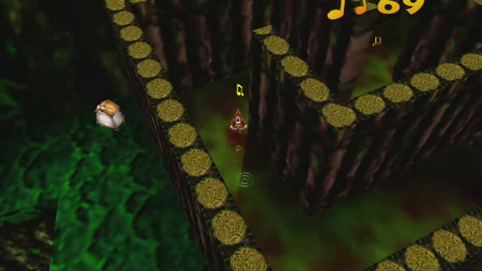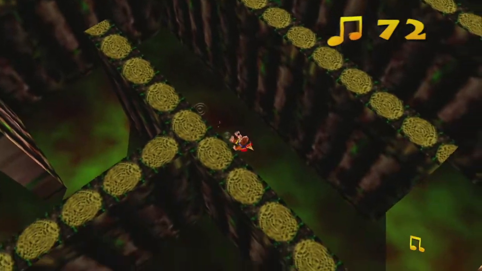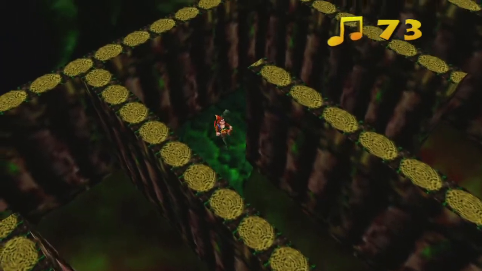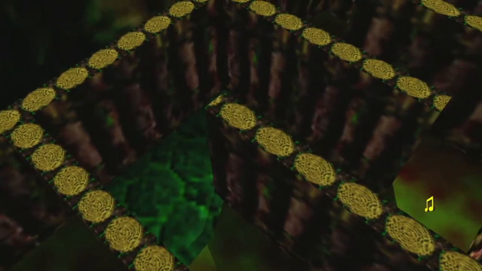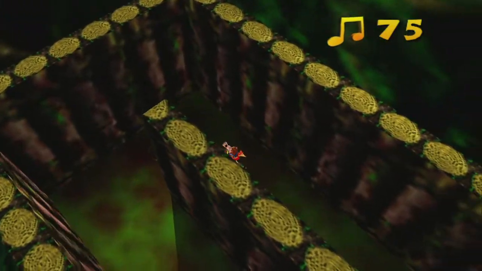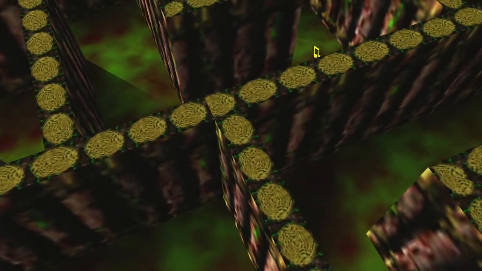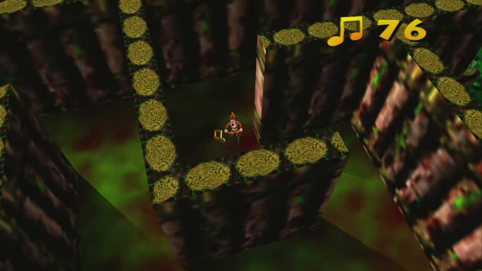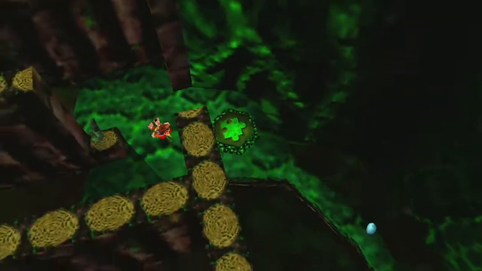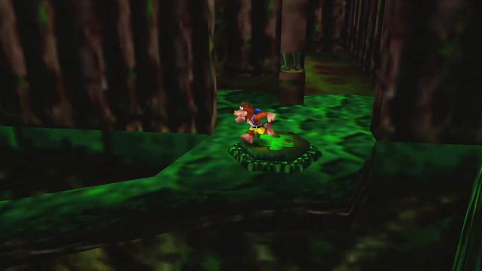Just make sure you get these notes that are in these little corners. And there will be several galoshes checkpoints. Just keep following the linear path until you reach this switch. You've got galoshes to continue through this quote-unquote maze, but before we do that, we're going to hit this switch,